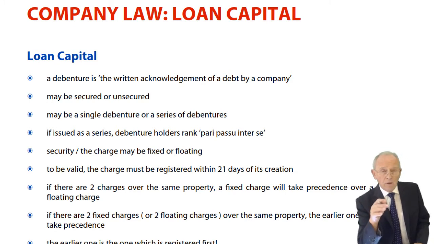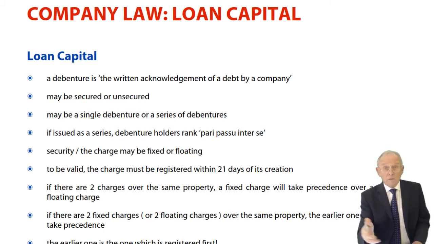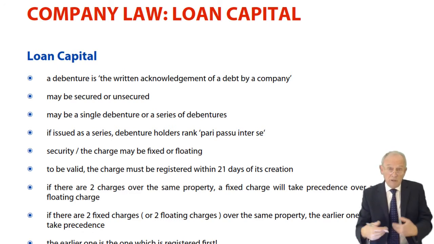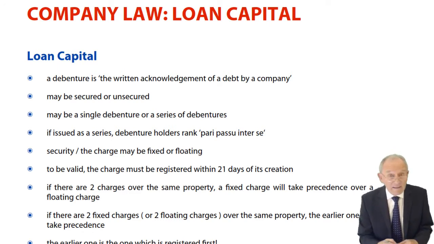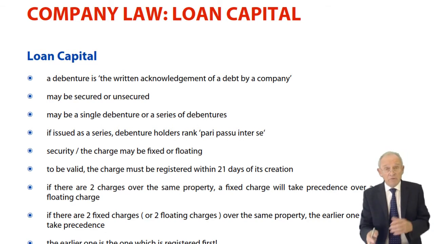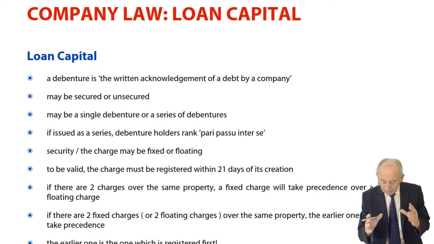Now, these people are lenders, they are creditors of the company. Through this process, they are not members of the company. Of course, as a shareholder, as a member of the company, you may also want to become involved in lending the company money. In that case, you would be not only a debenture holder, you would also be a member. But members and debenture holders are different categories of people. It may, in fact, be the same human who is a member as well as a debenture holder, one person with two different hats on.